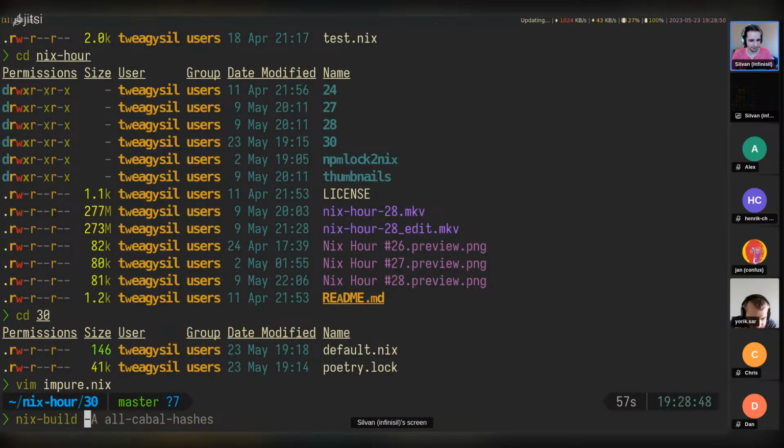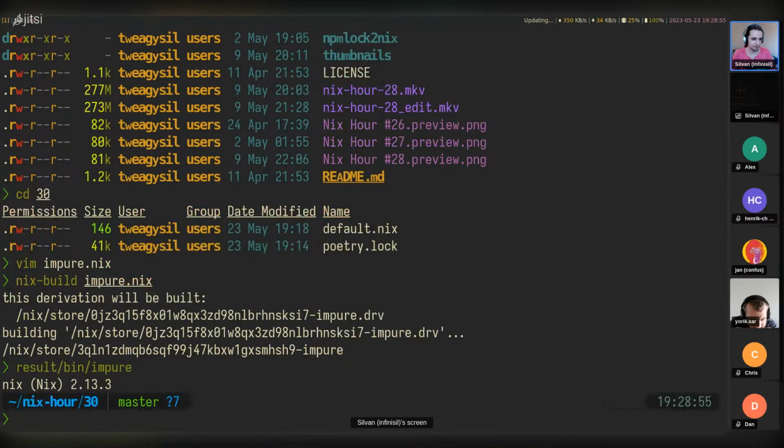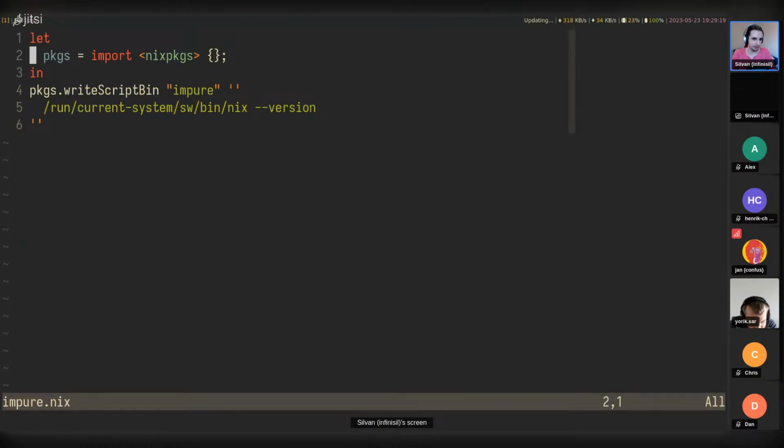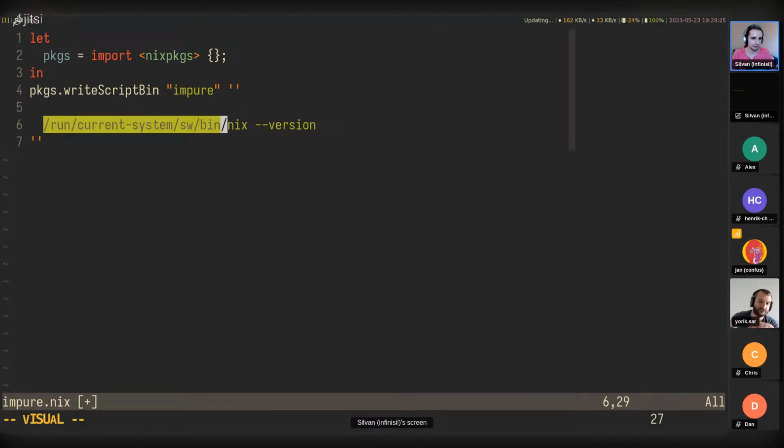And so I can just build this impure.nix and run this impure. And now it's going to run my nix. But on everybody's machine, this is going to return something different, perhaps. And so it just shows that you can have any impure software in the end. There's nothing forcing you to make it pure as in nixpkgs. I would probably advise you to not do it like this with your impure nix, because this is going to fail on half the people's systems.